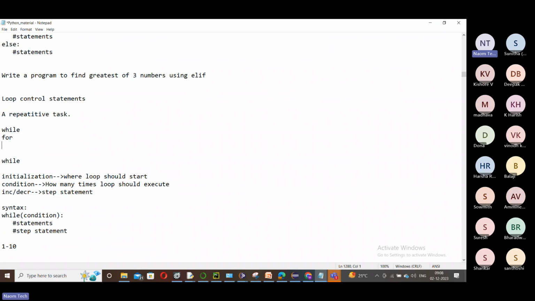We'll see that with examples. So this is a simple idea about what loops we have in Python. Now let's start with the while loop.